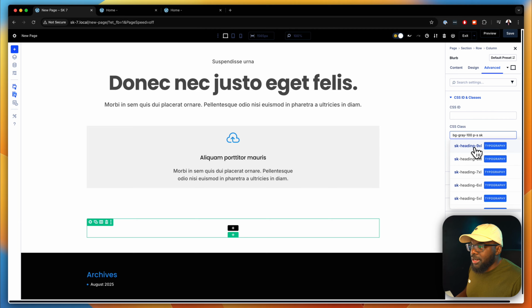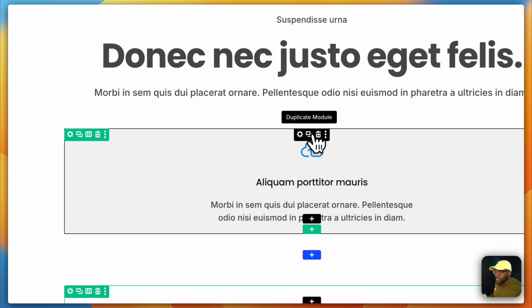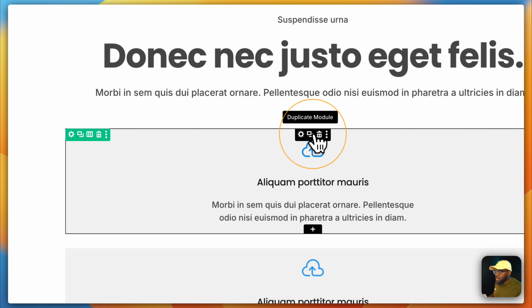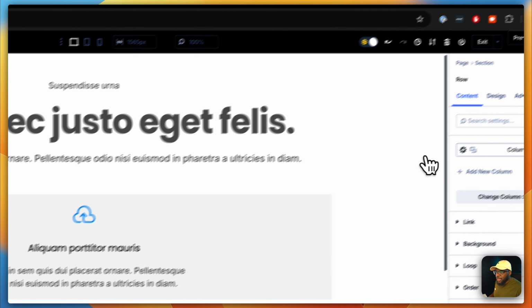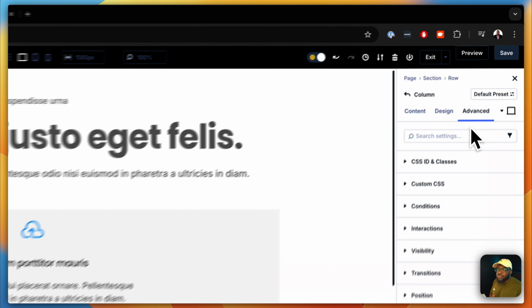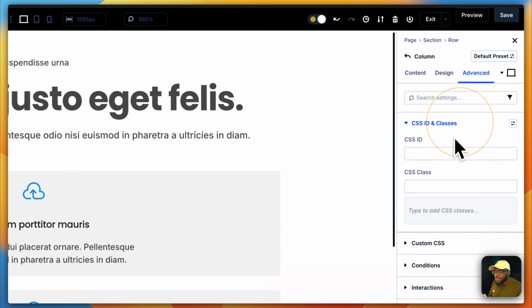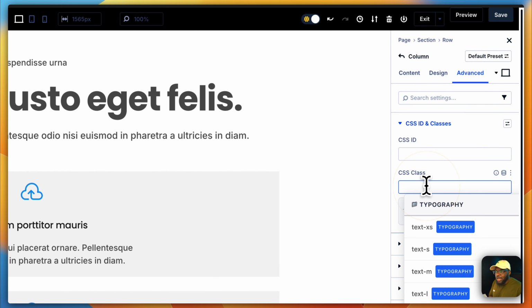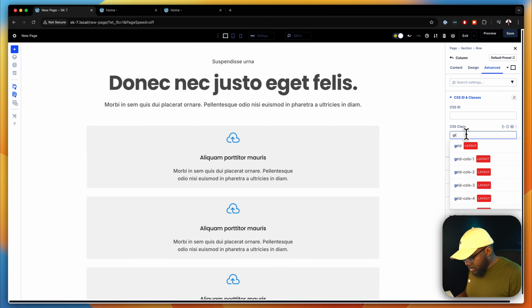Now I want to show you something really exciting as well. Now that my design is complete, I can just duplicate this a few times. Okay, let's try 4. Then I'm going to go into my row settings and then into my column. This time we're going to use something totally different. I'm going to click here on Advanced, CSS ID and classes. For my class, I want to add a grid because I don't want to use Flexbox for this. So I'm just going to say grid